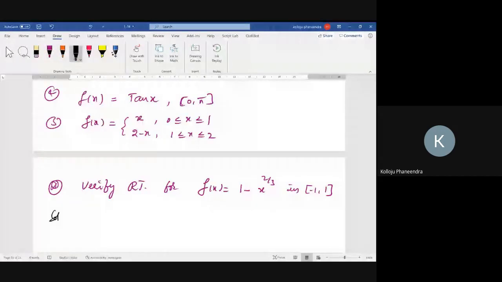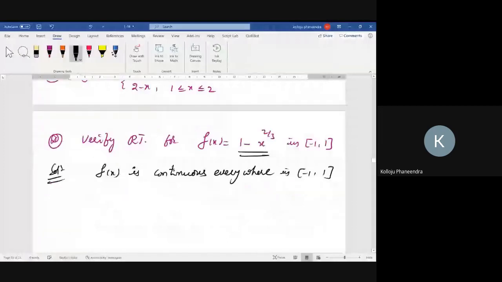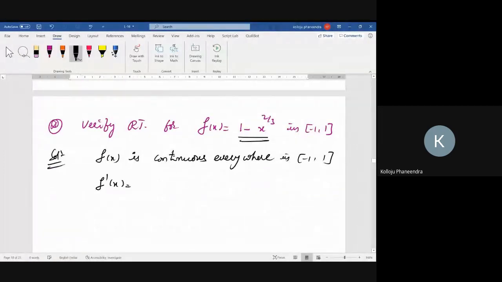F of x is, clearly this function is continuous everywhere in minus 1 to 1. It is defined uniquely, right? Continuous, yes. Coming to differentiability, if I calculate f dash x, what is this? Minus 2 by 3, x to the power of 2 by 3 minus 1, minus 1 by 3. That means minus 2 by 3 into x power minus 1 by 3 does not exist